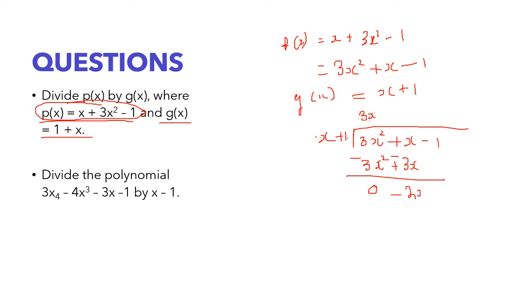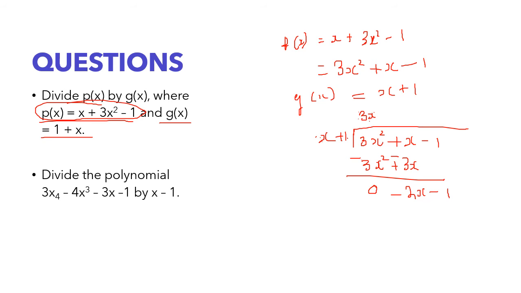Now this subtraction step is very important. Most students know it, but due to carelessness they skip it. Please be careful at this part, because if you don't change the signs, your answer will become wrong. So we don't want that to happen. We want your answers to be right, so make sure you write it in a proper way. So x minus 3x gives you minus 2x, and at the end bring down this minus 1.